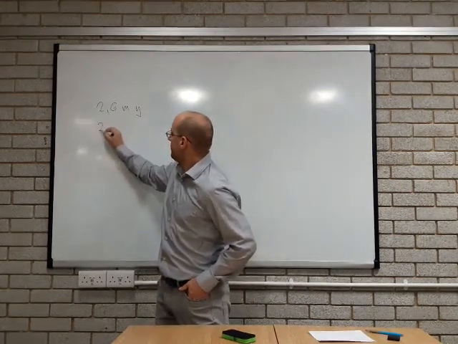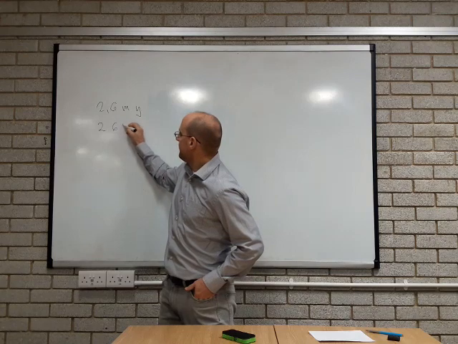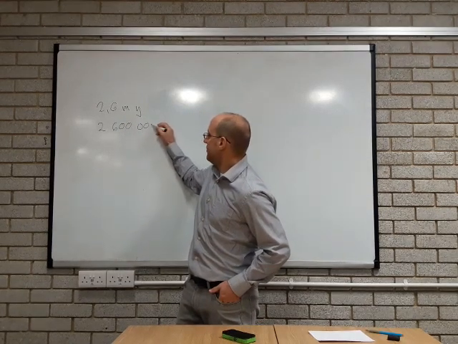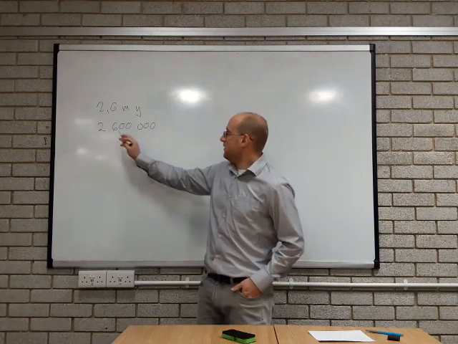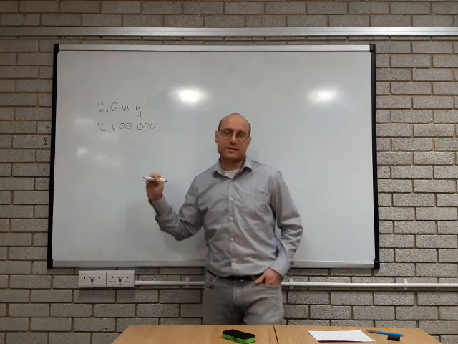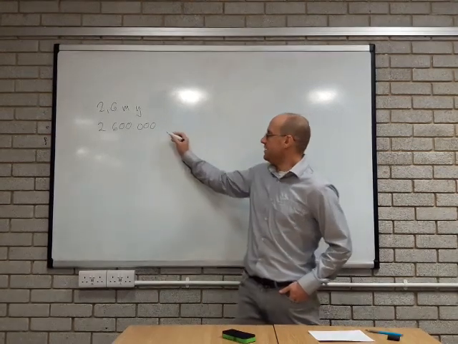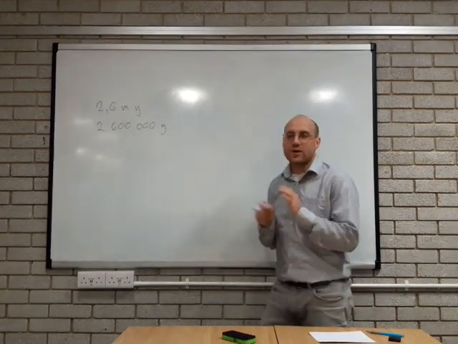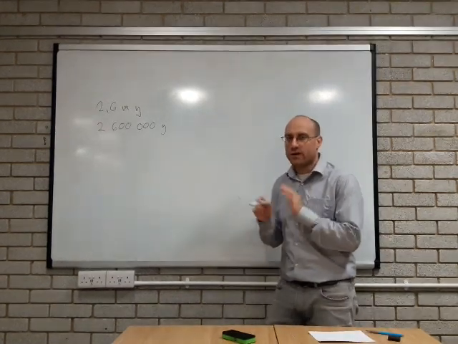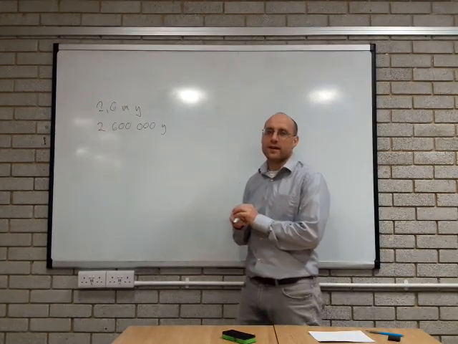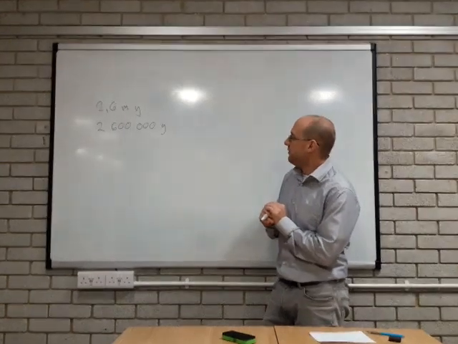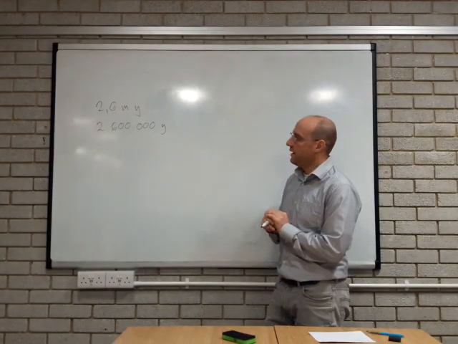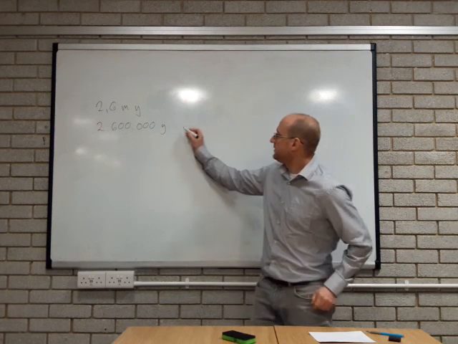How much is that? 2,600,000 years. So you can just translate it into your Chinese scale. So that's approximately 2.6 or 2.4, depending on the actual theory. So that's when it all began, and it lasted until